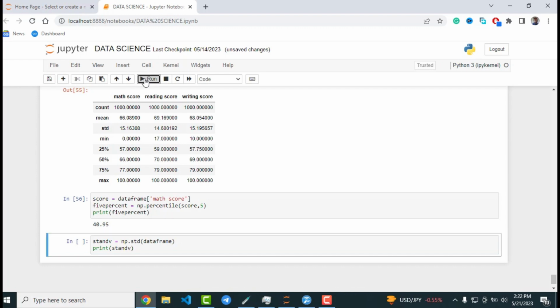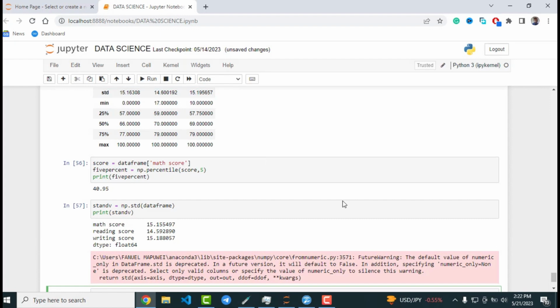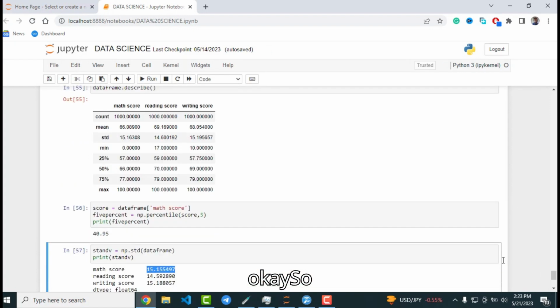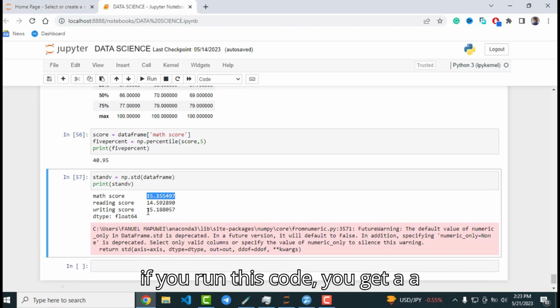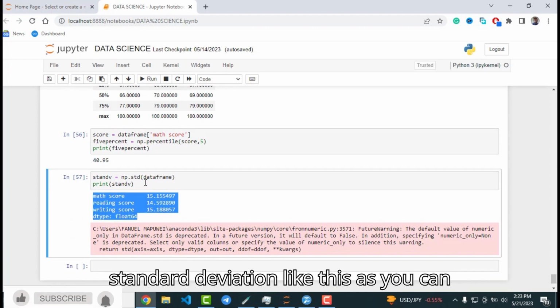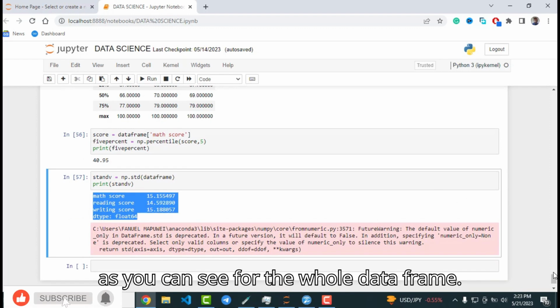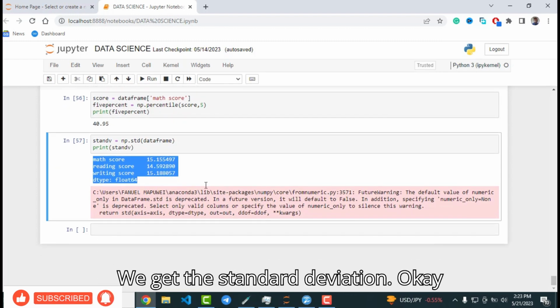Let us run our code. So if we run this code, we get a standard deviation like this. As you can see, for the whole data frame, we get the standard deviation. Okay, then